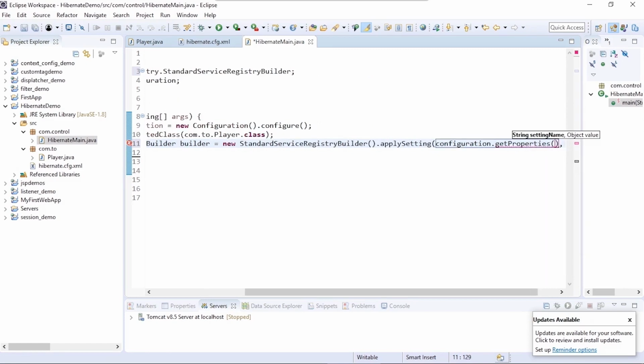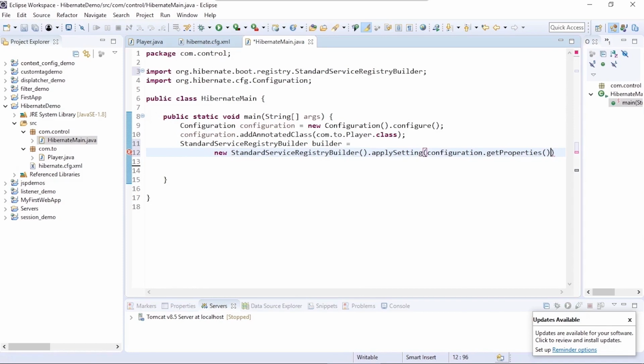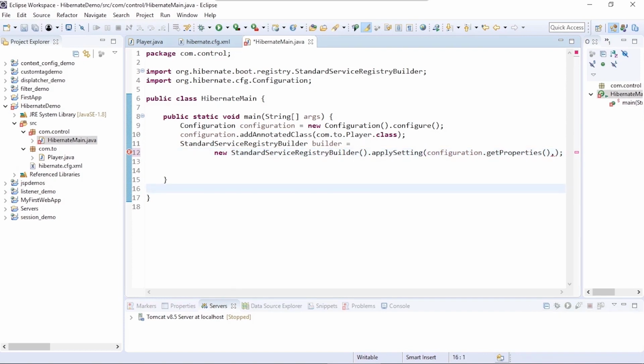We'll put this onto the next line. So this will go ahead and get us all the configuration that is available inside our configuration class that we specified.